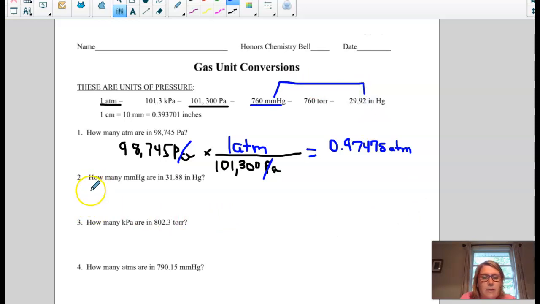So what I'm going to do is I'm going to do 31.88 inches of mercury,